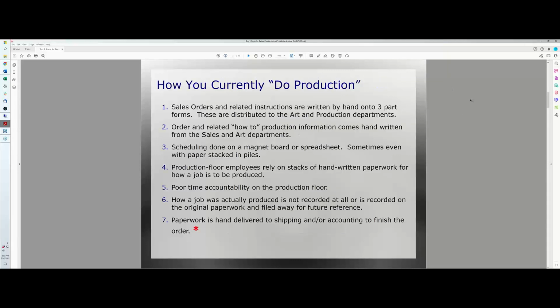All right, so I'd like to start today by how you currently do production. Now, it might not apply to all of you, but when we're talking to people at a trade show or on the phone and they're interested in our product, we ask them, how do you currently handle your production? This is kind of the story we hear, and I'd say this is probably 75% of the cases, most of this applies. So the first thing, number one point there, is sales orders and all the instructions for